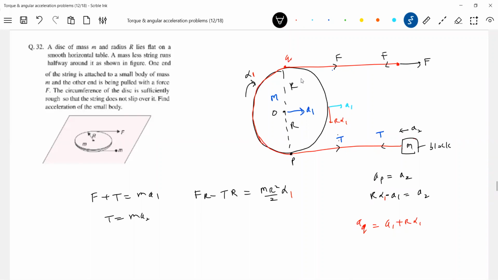I think here is what the students, what are the mistakes you make? Putting the same F in both the strings. No, there's a mass. If massless, okay, but there's a mass, so there should be tension here. Then again, that constraint equation. Whenever a string is connected between two rigid bodies, you should take help of the string to get the relation between accelerations. This idea you have to carry on in most of the numericals. Rest all is finished. Once you are able to do this, you can manage the other things.